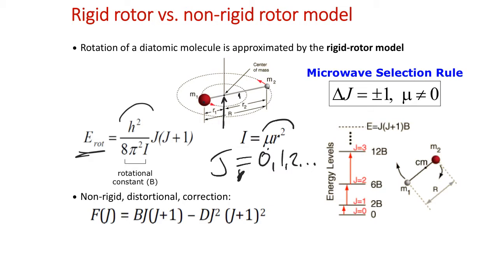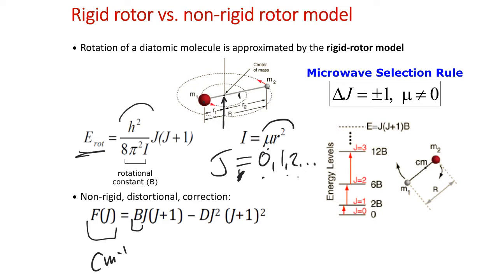And so then the energy of rotations could be solved for this way. You can see that as you go from 0 to 1 to 2, you're increasing in rotational energy. Now we can also use a different notation to go to the inverse length scale, like we did for G of V, the vibrational energy in units of wave numbers. We have F of J, the rotational energy in units of wave numbers, where B is the rotational constant,